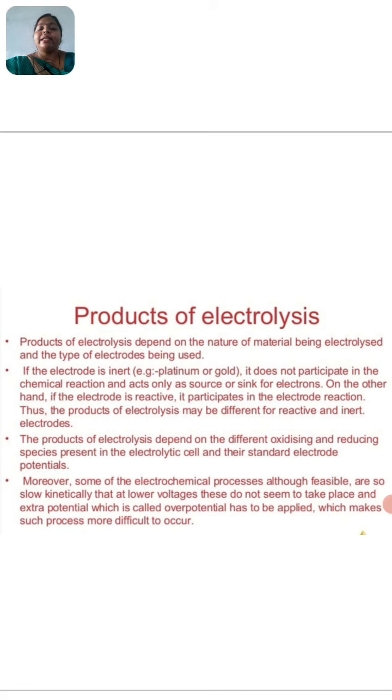On the other hand, if the electrode is reactive, it participates in the electrode reaction, thus the product of the electrolysis may differ for a reactive and an inert electrode. The products of the electrolysis depend on the different oxidizing and reducing species present in the electrolytic cell and their standard electrode potentials. Moreover, some of the electrochemical processes, though feasible, are slow kinetically at lower voltage